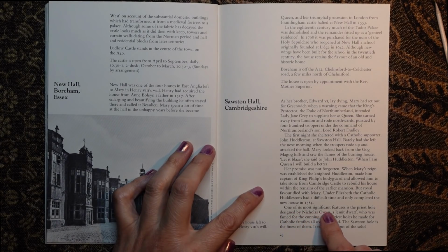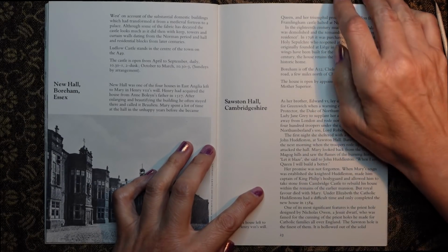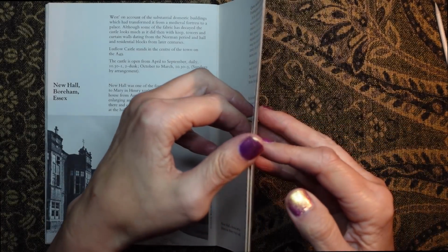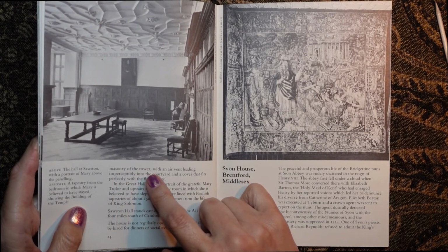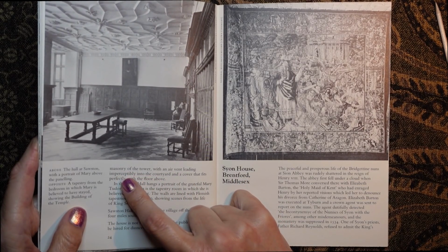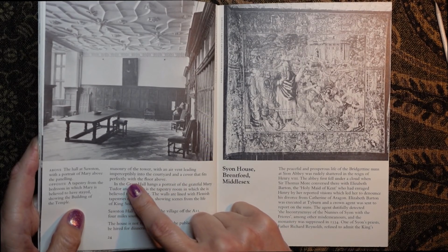One of its most significant features is the Priesthole, designed by Nicholas Owen, a Jesuit dwarf, who was famed for the cunning of the priestholes he made for Catholic families all over England. The Sawston Hole is the finest of them. It is hollowed out of the solid masonry of the tower, with an air vent leading imperceptibly into the courtyard and a cover that fits perfectly with